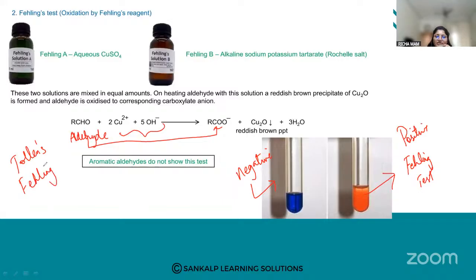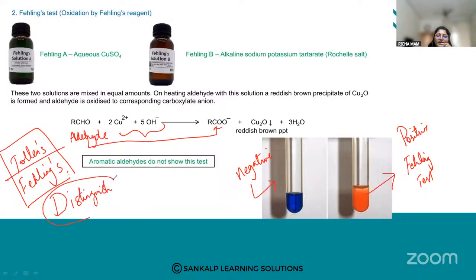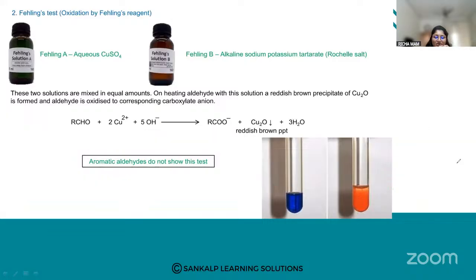So both these tests are used for distinguishing aldehydes and ketones. Suppose I have either an aldehyde or a ketone, I don't know, but I want to check. So I can use this method. If it is an aldehyde, then both Tollens' and Fehling's will give a positive test. If it is a ketone, we are not going to get the test. It will be a negative test. So both these tests are the distinguishing tests